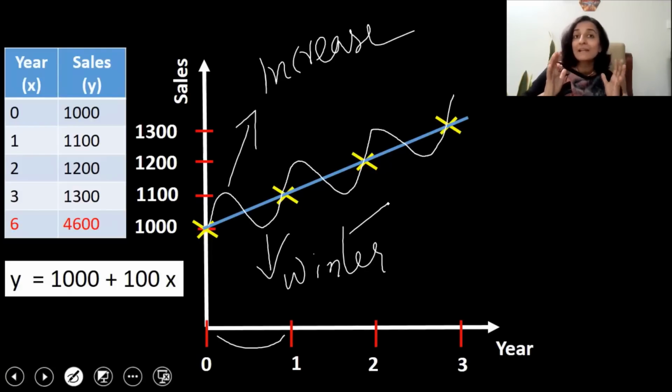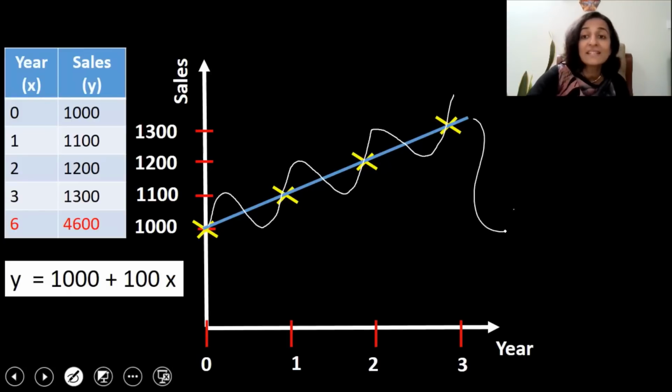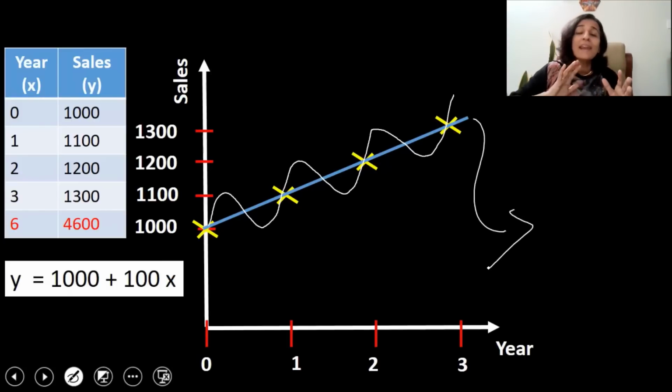Now, when you're collecting the sales data, you're taking sigma xy, sigma x, sigma y, which means that the seasonal fluctuations just get evened out and we get a straight line, which is nothing but an average sales. That is not the actual sales that is taking place. So only if we find out the extent of seasonal fluctuations can our predictions or the forecast of sales be